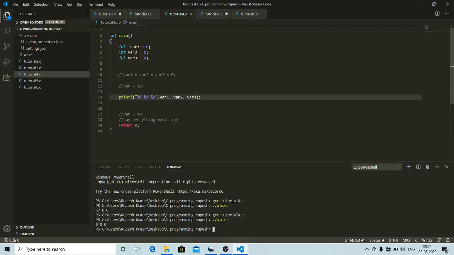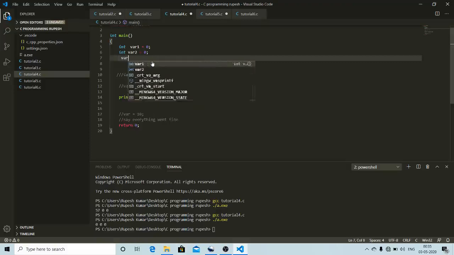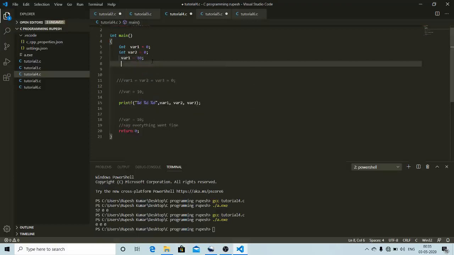Now another thing is that we can also assign the value of one variable to another variable. Suppose I have declared only two, var1 and var2, and assign var1 the value 10 and var2 the value 20.